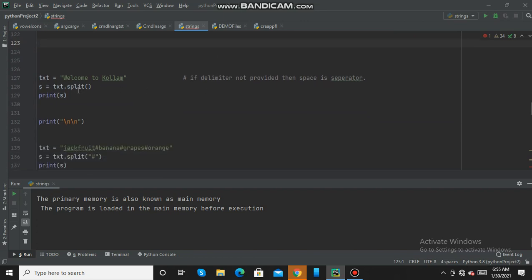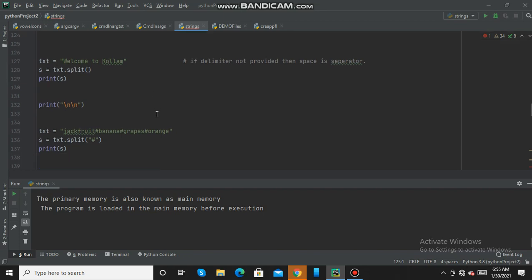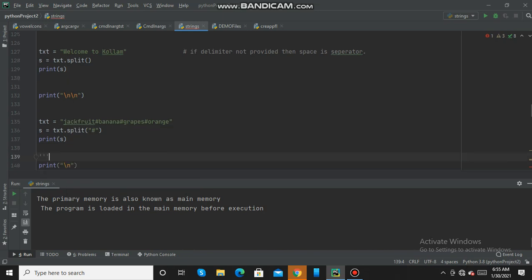But here in this split method, the result will be a list and it will split it into items. And when we don't specify a delimiter, it will take the space as a delimiter. Here in this text, the delimiter is specified. So hash will be the delimiter here. In both these cases, we will get a list.